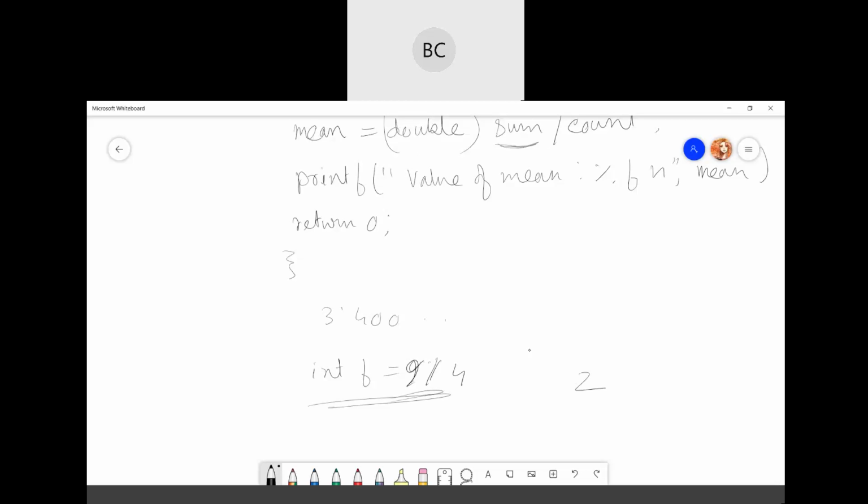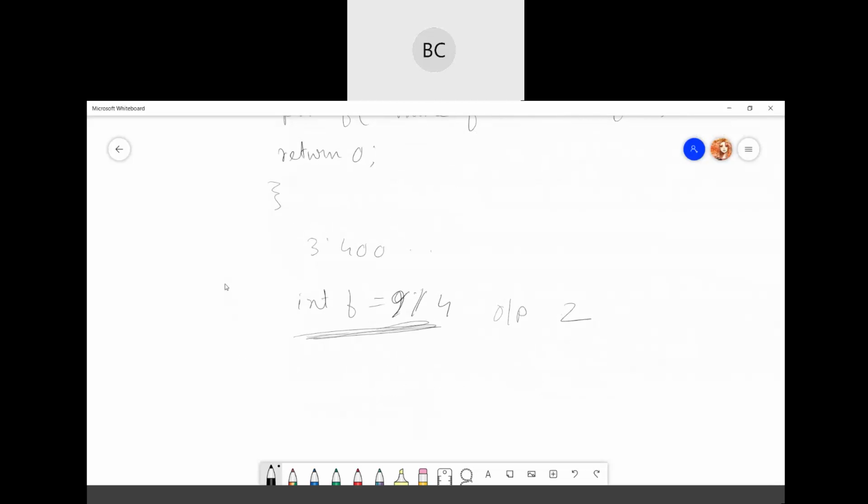Okay, it will just give you the output 2. 9 divided by 4 should be 2 point something, right? So it will just give you the integer value because you have initialized it as int f like this.